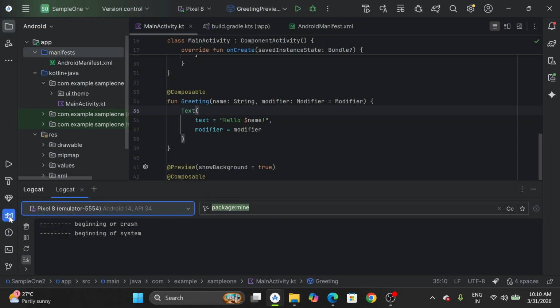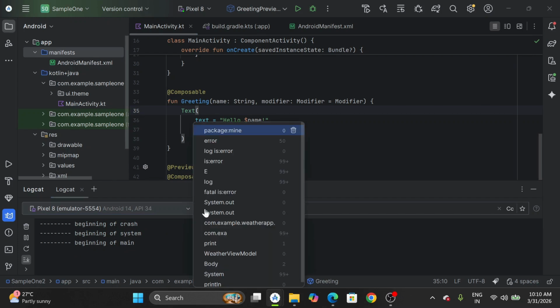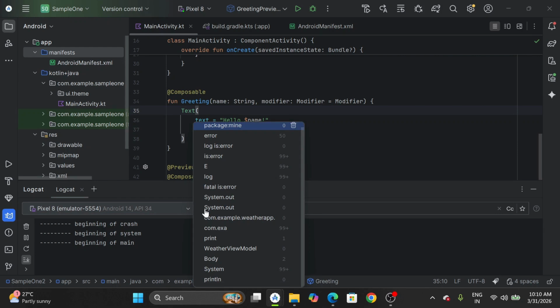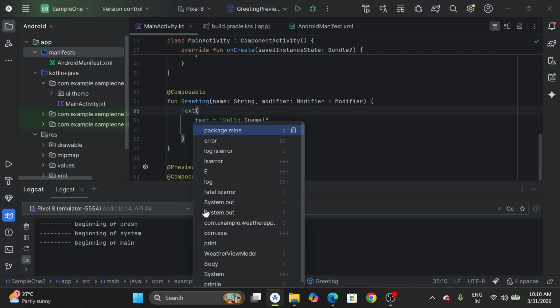So third one is Logcat. Logcat is like a CCTV camera for your application. Whatever happens in your application will be recorded here. So whenever your app crashes, do not blindly think about what the issue will be. Just come to the Logcat and see what the issue is, and you will get exactly